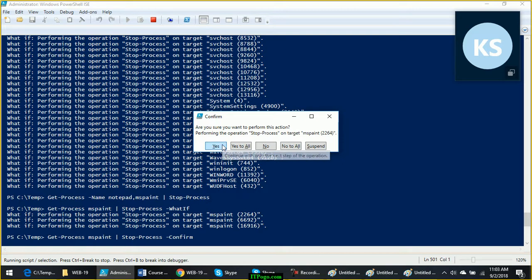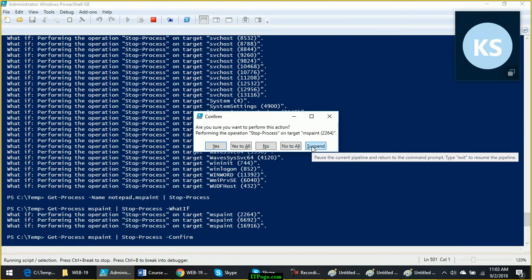If you say yes, it will be yes only for one object. If you say no, it is no only for the current object. If you say yes to all, it is as good as not using confirm. It will kill all the processes where the name is mspaint. If you say no to all, it will exit the command without doing anything.